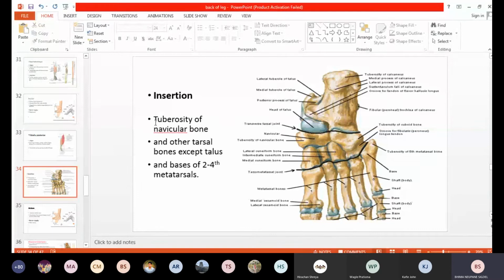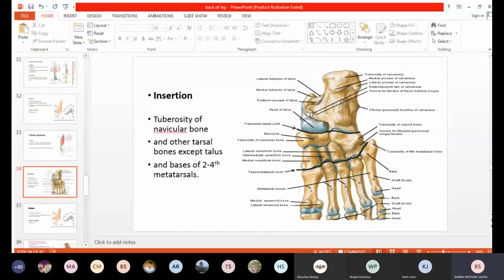One point I was trying to show just now, which I discussed before: this bony part you can see is the sustentaculum tali of the calcaneus bone. This is the horizontal shelf-like projection present on the anterior and medial part of the plantar surface of the calcaneus. You can see this, the anterior medial part. So this is the sustentaculum tali.